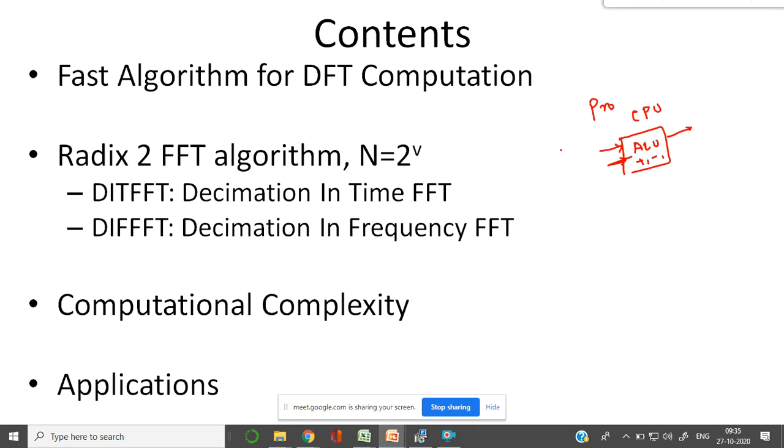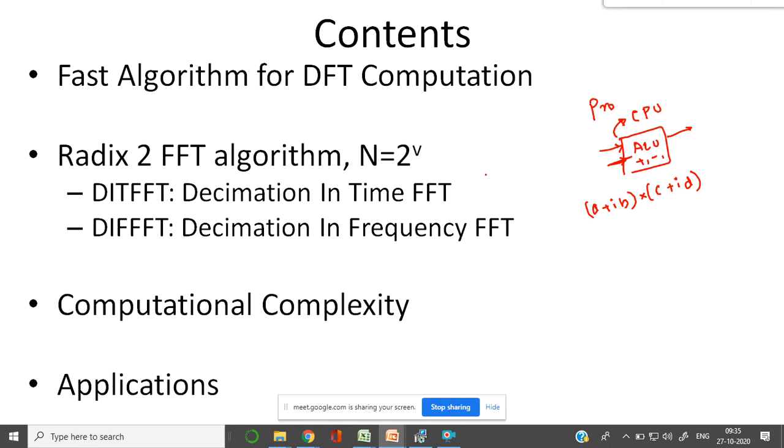Am I right? Now, DFT will always comprise complex numbers, that is in the form of a plus ib, c plus id. So when you have more complex numbers, there will obviously be more complex multiplications and complex additions. As the number of complex multiplications and complex additions increases, it in turn overloads my processor by giving more inputs.